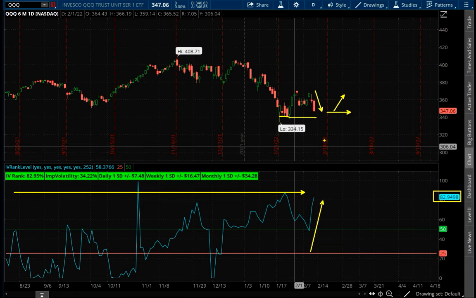When things drop huge amounts, I'm going to bet it's kind of at its low point and it's going to turn around. If they shoot way up, I do the opposite. I'm betting it's going to kind of level off and head down from there. If you're not a contrarian or if you're a trend trader, you do the opposite, obviously. But that's why I'm going to make this trade. So I'm going to do a real simple trade. All I'm going to do is make a nice small bet that from here on, the QQQ, because it's got such high volatility, is going to turn around and go up from here.